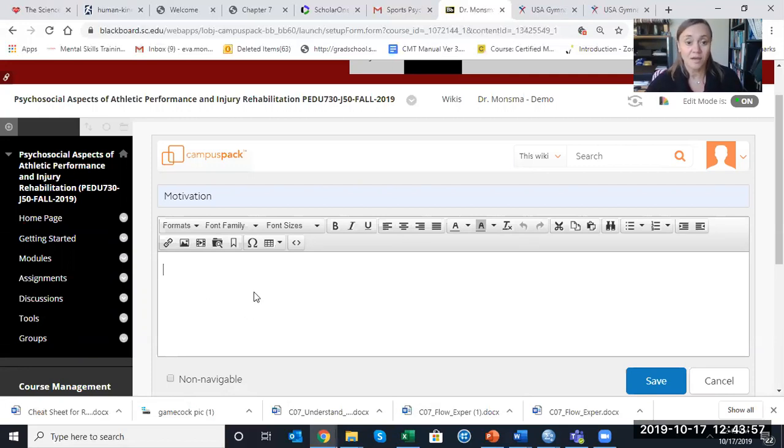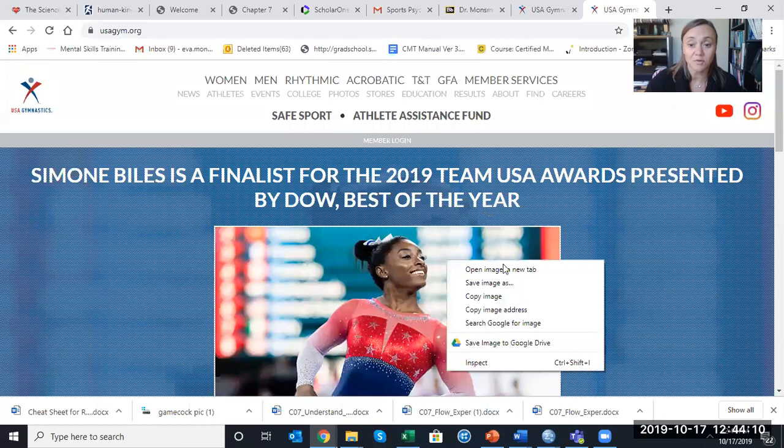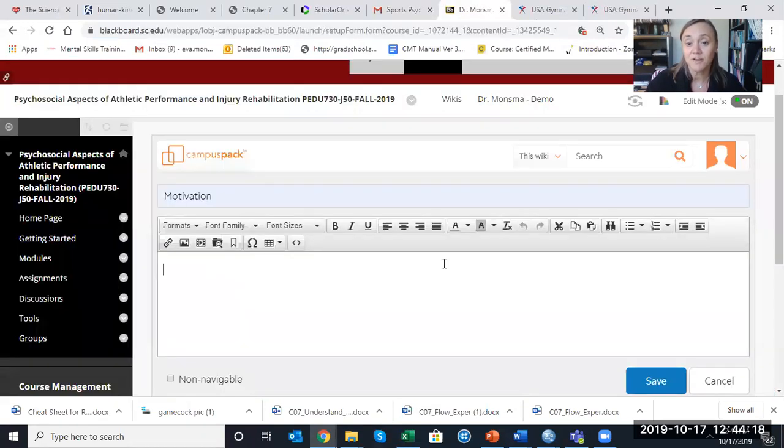So the next thing I'd like to show you how to do is insert an image. To do this, you must have the image saved on your hard drive. If you go and try to save, let's say this picture of Simone Biles as copy image and paste it in, it will not work. You'll be able to see it, but I won't, and nobody else will either. So be sure you follow that very special instruction, very important instruction,